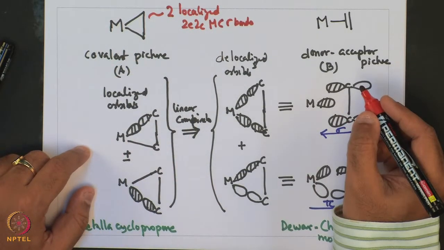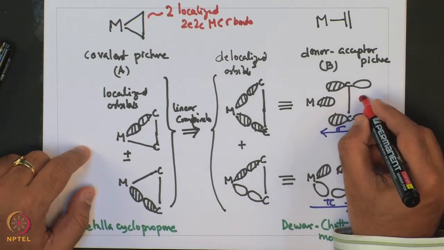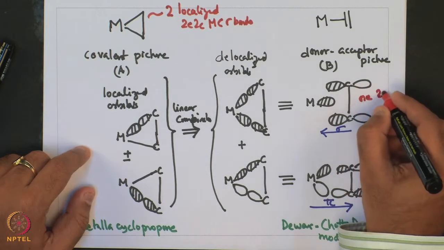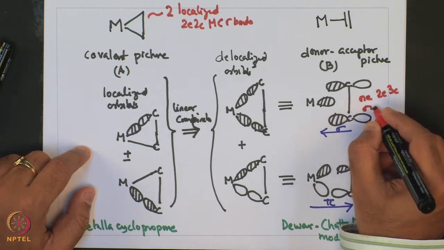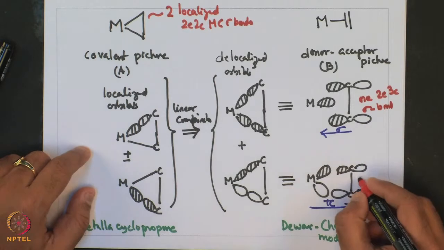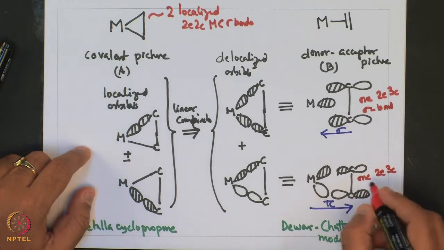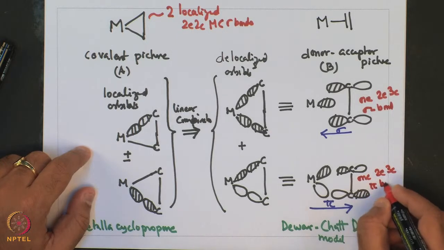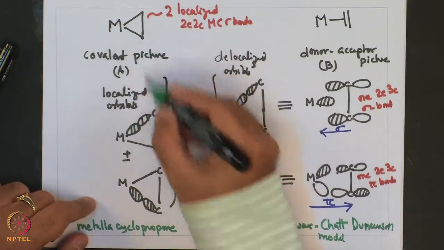On the other hand, this one contains one 2E 3C sigma bond and another 2E 3C pi bond. So, what we see as the difference is that over here there are two